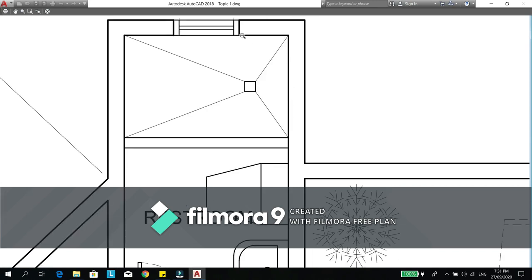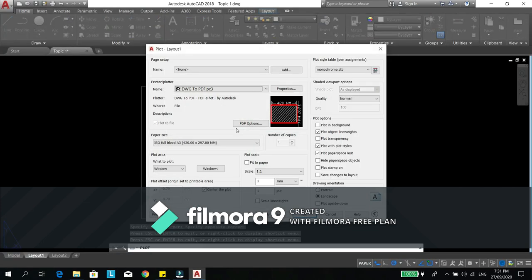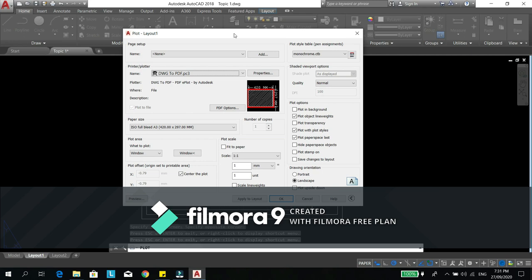This is cyan or color number 4. The line weight is 0.4. This is the layer here. The layer here is AR walls, but I changed the color to green, so the line weight will be 0.3. If you want to go out of the preview, just click escape. Once you click apply to layout, if you open the plot again,